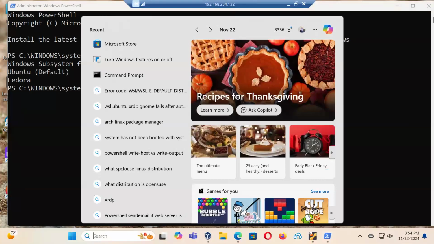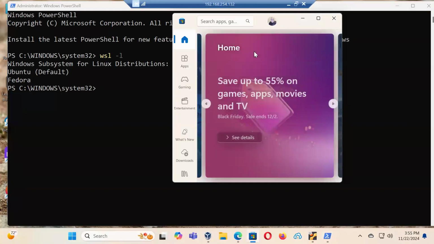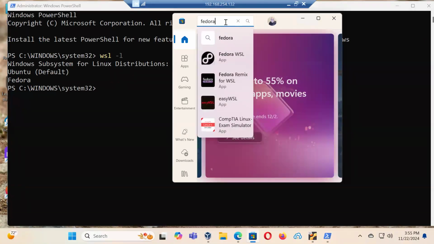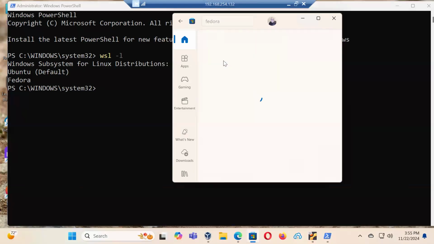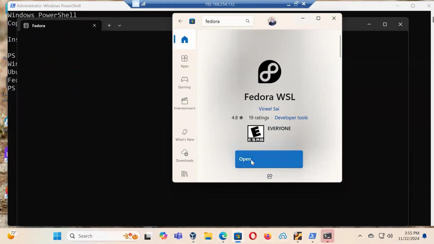But Fedora, we did it with the Microsoft Store. So I'm going to open it. Actually, I did both of them with the command line, I believe. And maybe Fedora, we started with the Microsoft Store. So let's just look at it and see this time under Fedora what our options are. The app here shows that it's installed, and that way you have this open button. So I'm going to click on open, and it will